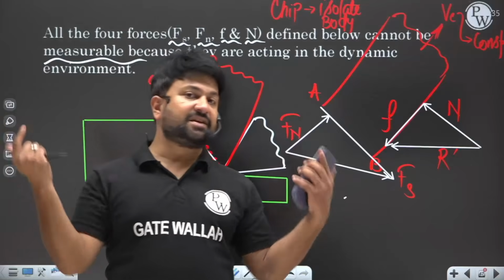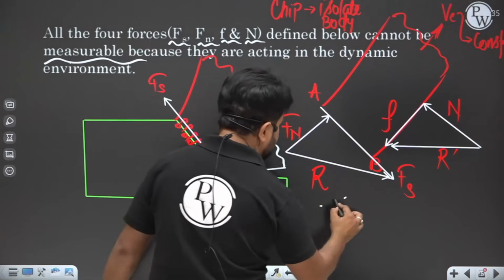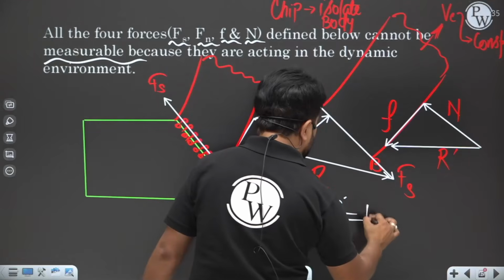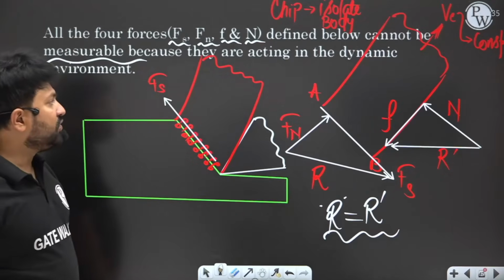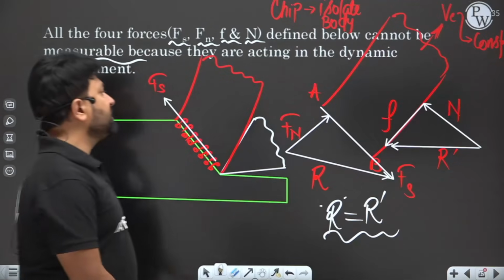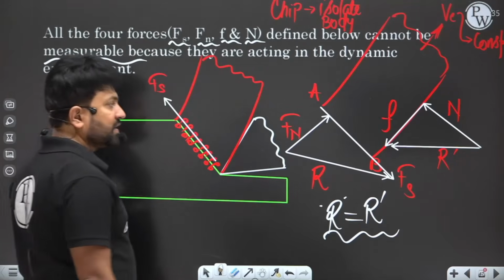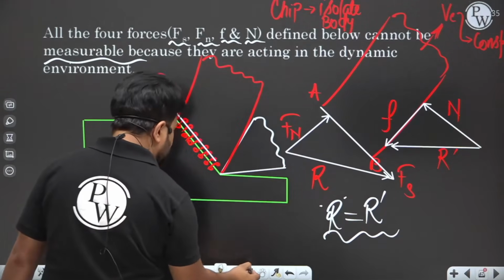Acceleration is basically 0. So it is only possible when R equals R dash. With the help of this, we are able to draw a Merchant circle diagram. Now we know the relation between them, and with the help of a dynamometer,